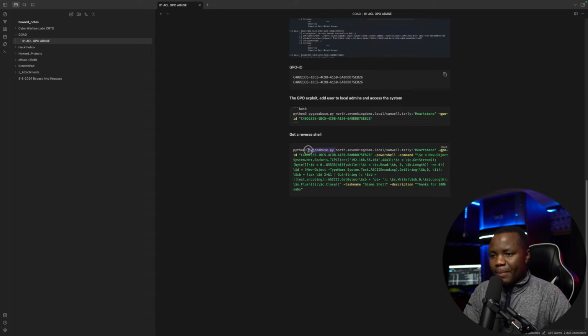So we're going to run the GPO abuse again with the same domain and also give it the group policy ID. This needs to be what you found in your BloodHound or using the other two that I showed you earlier. So you definitely need that. Then for the PowerShell, we're just using straight PowerShell to make a network connection back to us. And in the task name, let's change this name to maybe